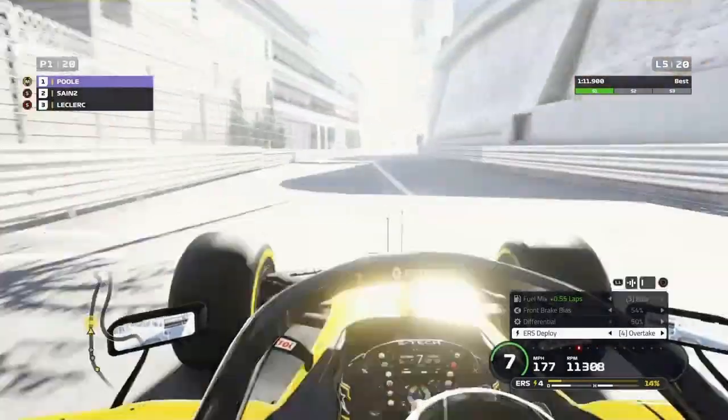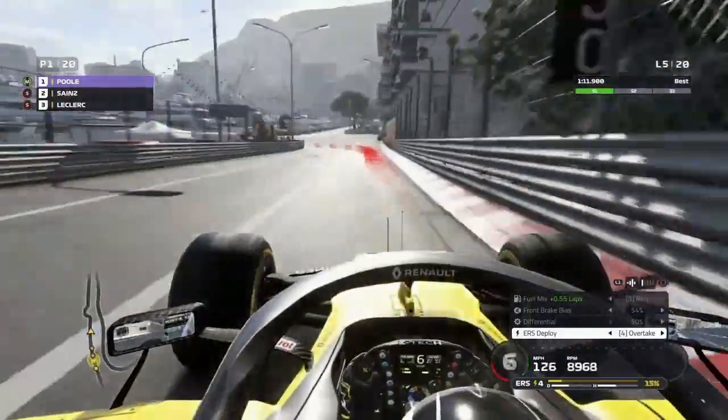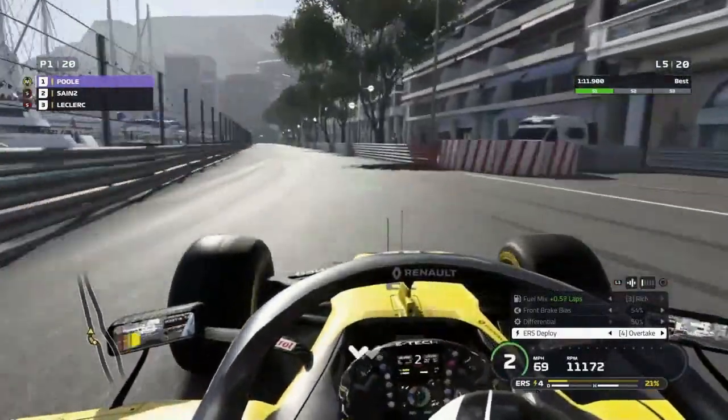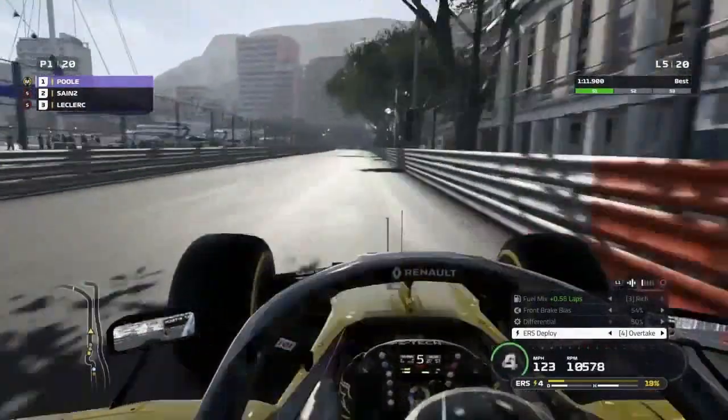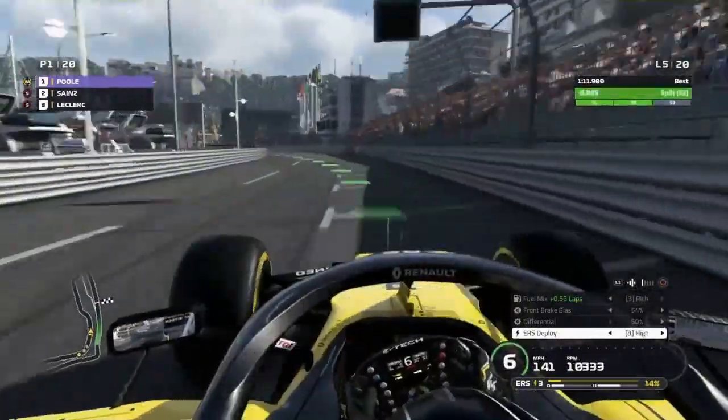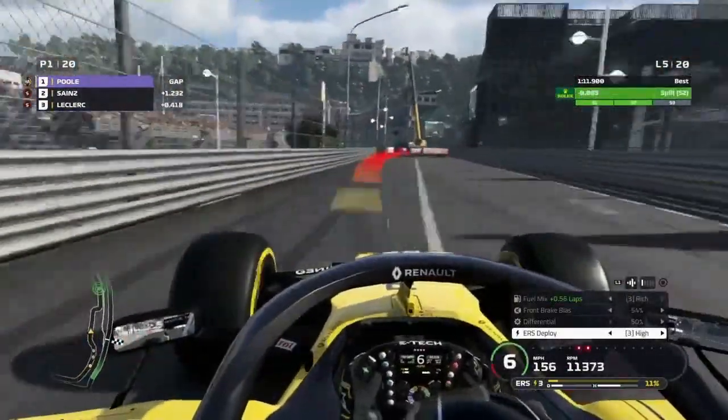Do you know what really kills me about Monaco? Don't get me wrong, Monaco is a great circuit. I have no issue with the Monaco Grand Prix. The problem is, it always seems to be...